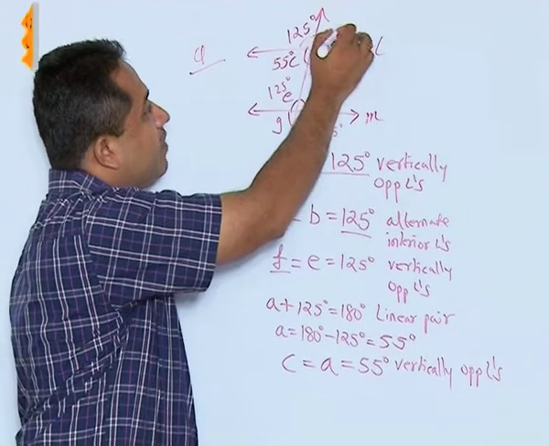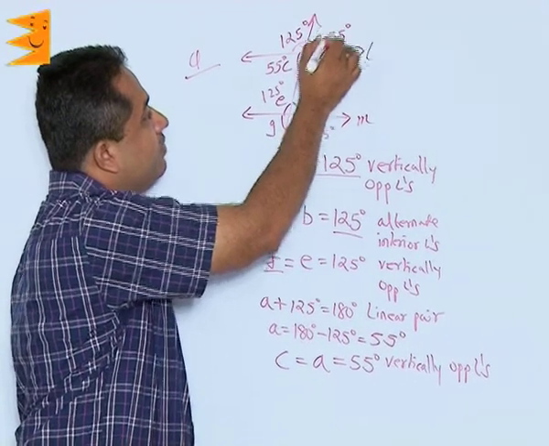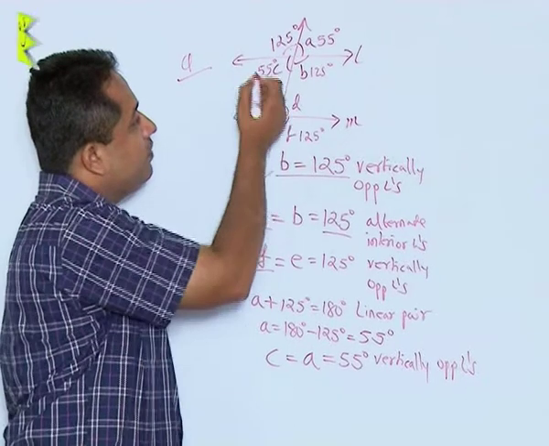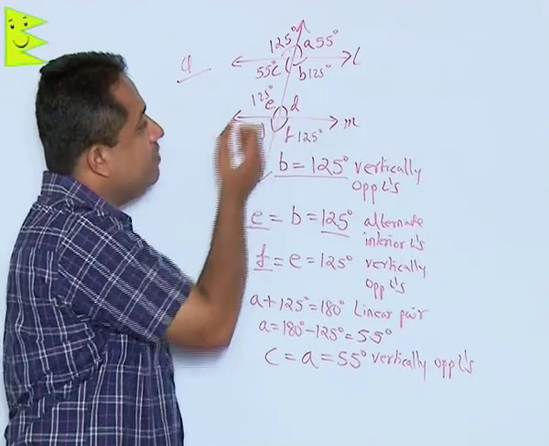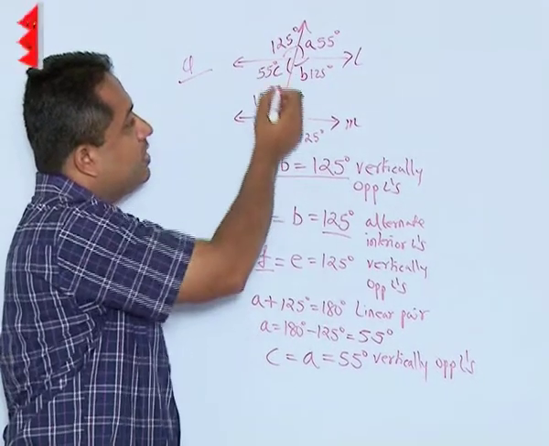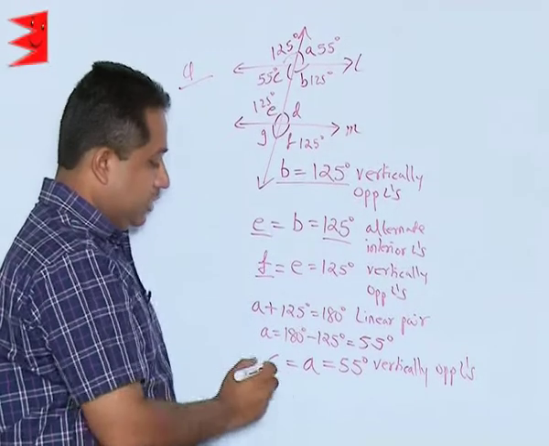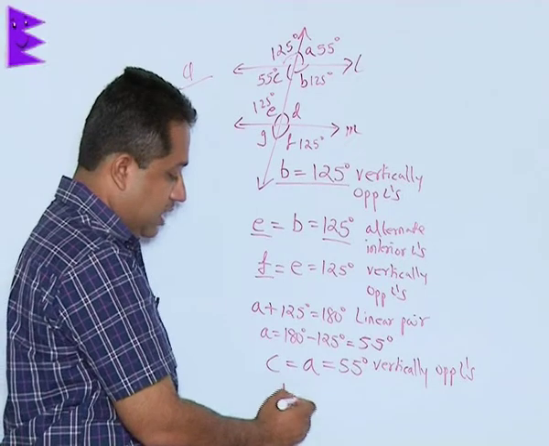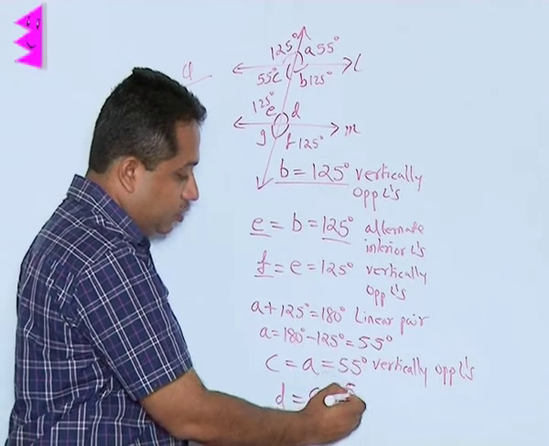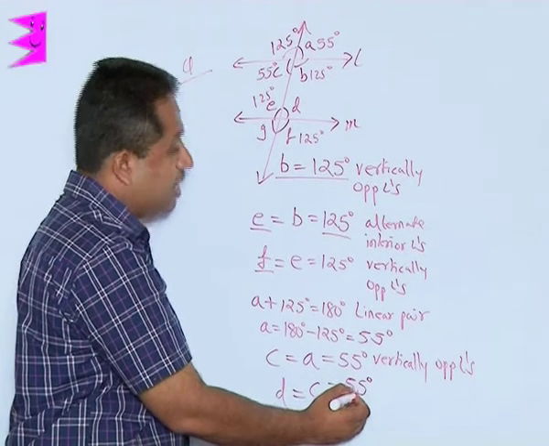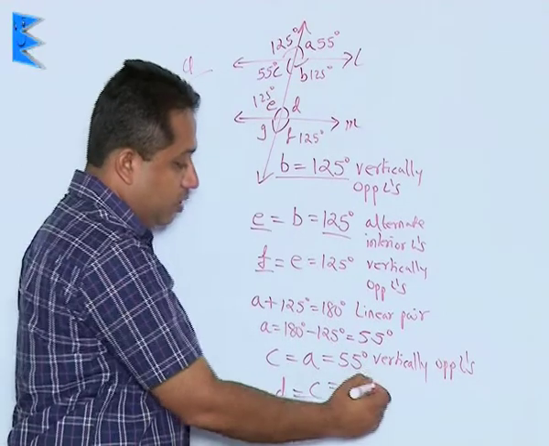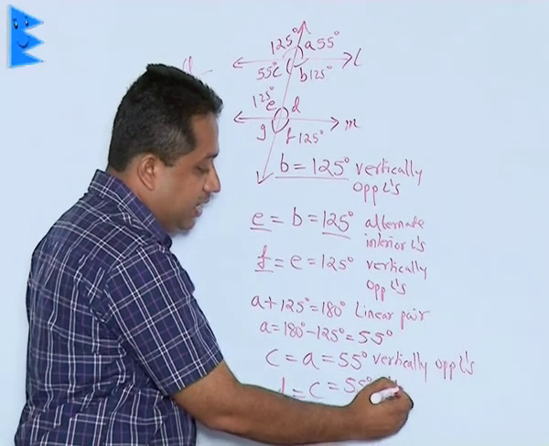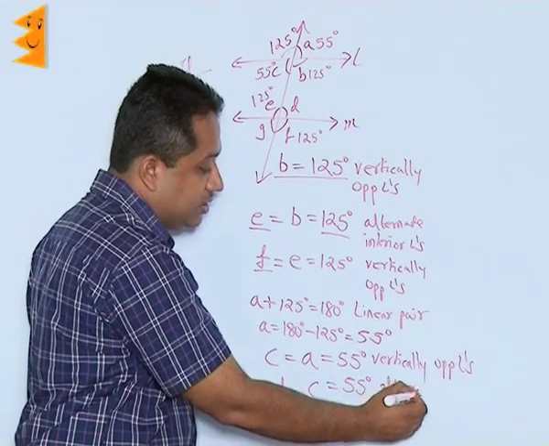A we have found out earlier, that is also 55. So, if C is 55, D will also be 55 because C and D are alternate angles. So, we can say D and C are equal. So, here D and C are equal because of the property of alternate interior angles,